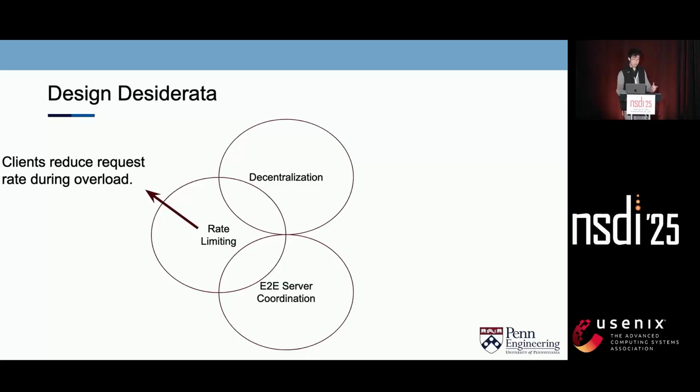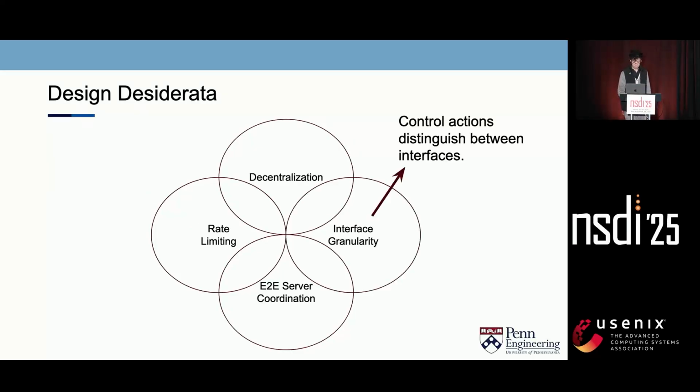And third is rate limiting. As we want to reduce the rate in order to handle overload, the earlier is the better. And the earliest is to do it at the client side, because if the client can reduce the rate perfectly, then we actually don't waste computations dropping requests deep down in the call graph. And fourth is interface granularity. This is kind of intuitive: when we take control actions, we want to be mindful and aware of which interface we are controlling. At the end, they are not involving the same services.